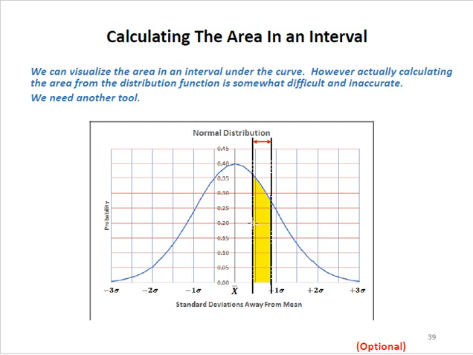So we can visualize this area in an interval under the curve. So this yellow part, yeah, under this curve. You can visualize that, but actually you can calculate the area from the distribution function. It's somewhat difficult and inaccurate because, like I just showed you, we use a z-table and then we calculate it, but I am going to show you another way, yeah, how to do it